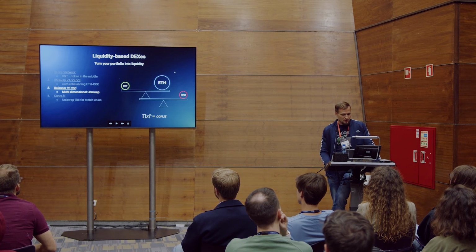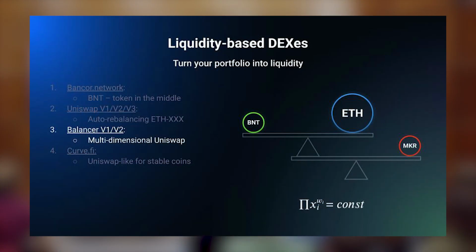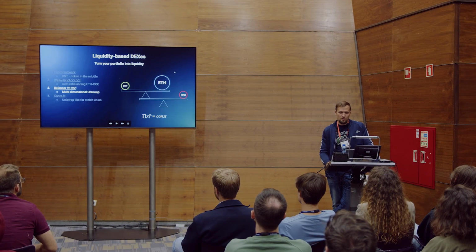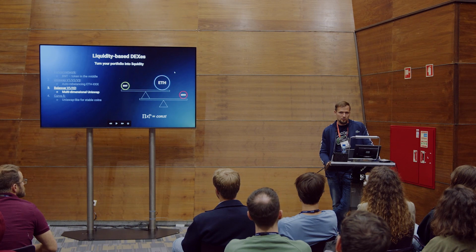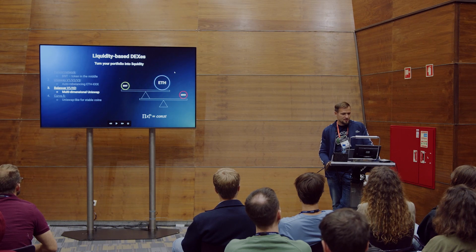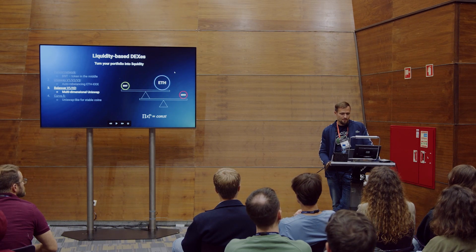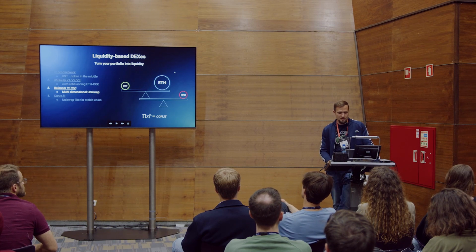And Balancer. The Balancer project appeared at the beginning of 2020, but it's interesting to know that both the Uniswap formula and the Balancer formula were invented by Gnosis, the Gnosis project. In 2018, they had an article on Medium. Alan Lu wrote a blog post where he described Uniswap and Balancer formulas and how they could be used to make automated market makers. So it's strange that it took 2 years to implement this formula, or maybe to reinvent it.